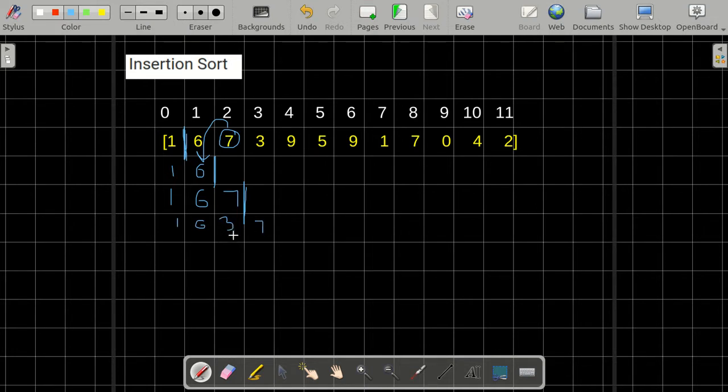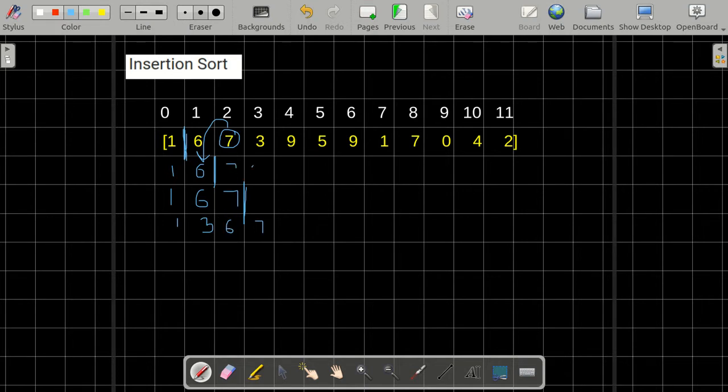Now I again check the previous number with the number 3. So over here we have 3 and over here we have 6. So 6 is greater than 3. This means that 3 is going to come somewhere before 6. So we are again going to swap these two numbers. So over here we'll have 3 and over here we'll have 6. Now I see that 1 is smaller than 3. So this means that this is a sorted order. So after this pass, over here we'll have 1, 3 and 6.